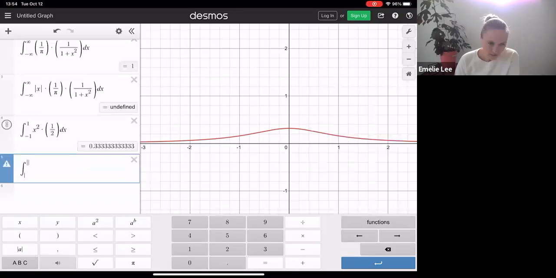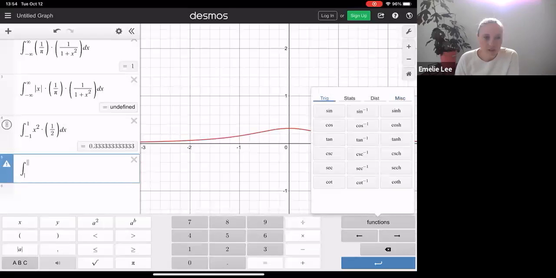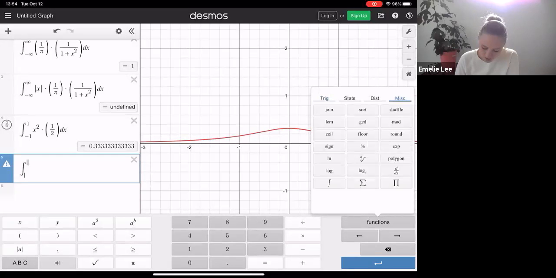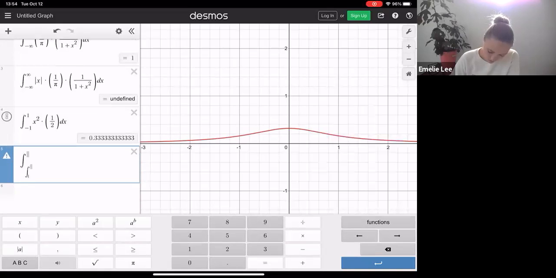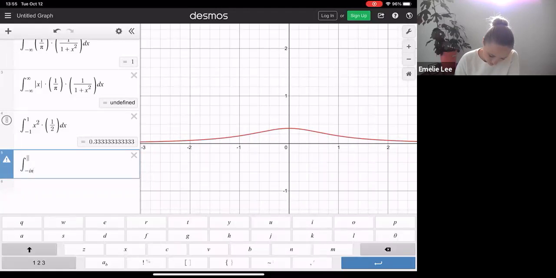Okay. The integral. So I found the integral. Usually it defaults to the trig section, but the integrals and the summations and the products are all in the MISC section. And so if you hit that integral, I guess I could have done a double integral, no. Then it wants to know the lower bound. And so the negative is just going to be from a minus. And then you go to the ABCs and you type in infinity, which I feel like